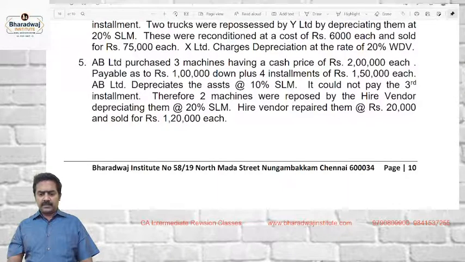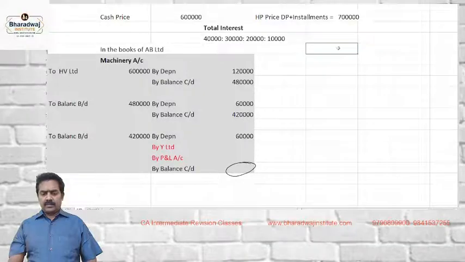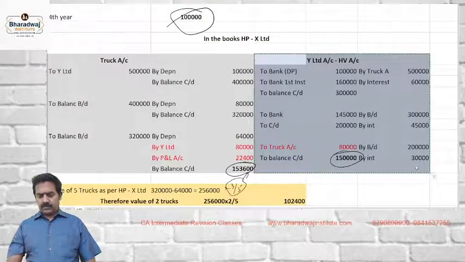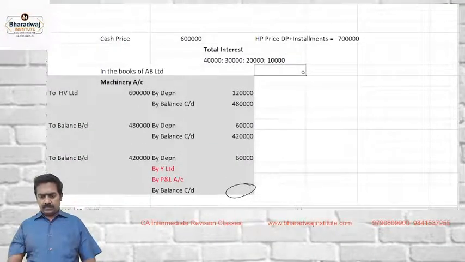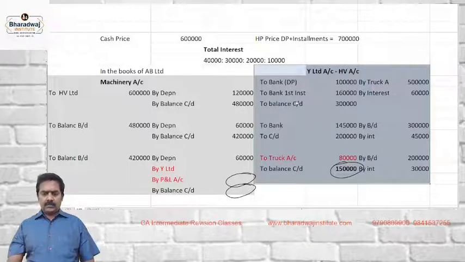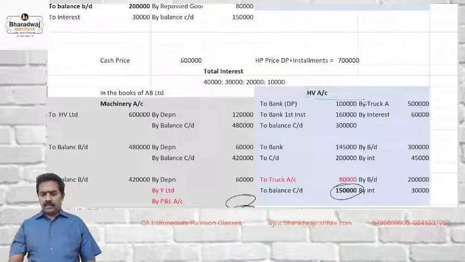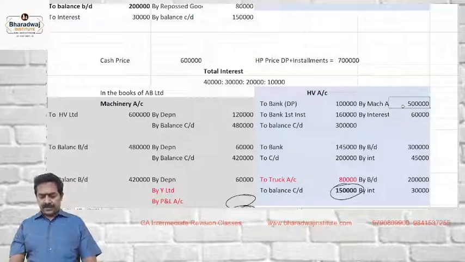Machinery or truck? Hire vendor account by machinery account. How much? 6 lakhs. Interest for the first year is